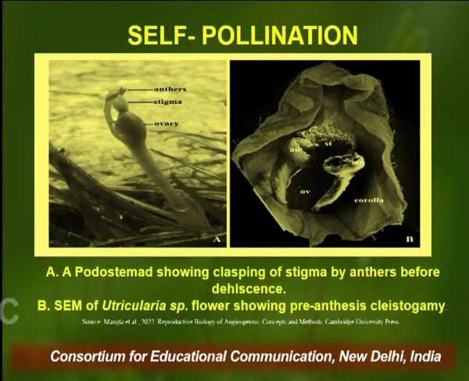There are two pictures depicting self-pollination here. Picture A is a picture of a member of family Podostemaceae. You can see that the perianth has been removed here. You can see a pistil which comprises two stigmas and an ovary. There is no style here, and on the lateral side is the anther filament which is hosting two anthers